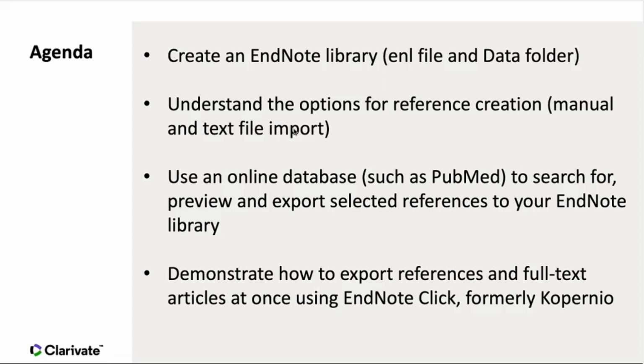We'll go into detail a little bit like I was describing with a feature called direct export. It's a piece of technology that an information provider can implement on their website, and if they choose to do so, after you query their databases, there's typically an option to export selected references to your EndNote library. So today I'd like to show you how to export from the Web of Science and PubMed.gov, just to really highlight the fact that the steps can vary to initiate the export from site to site. But behind the scenes, the same thing happens regardless of the information provider.